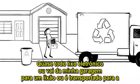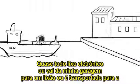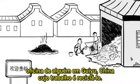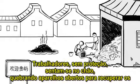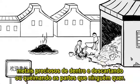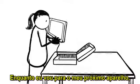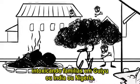So, almost all of this e-waste either goes from my garage to a landfill or it gets shipped overseas to the garage workshop of some guy in Guiyu, China, whose job it is to recycle it. I've visited a bunch of these so-called recycling operations. Workers without protective gear sit on the ground smashing open electronics to recover the valuable metals inside and chucking or burning the parts that no one will pay them for. So while I'm on to my next gadget, my last gadget is off poisoning families in Guiyu or India or